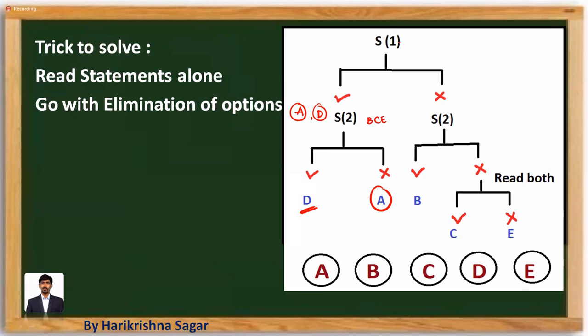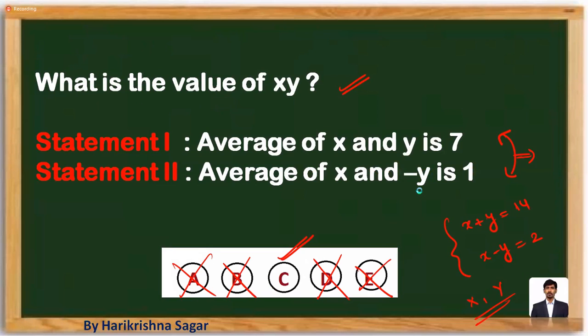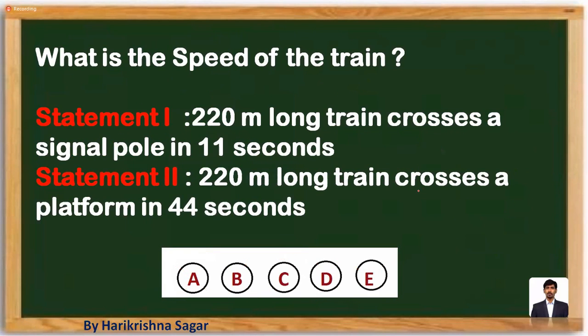If statement 1 is wrong, then you eliminate A and D as we have done previously. B, C, E will remain with you. Now look at statement 2. If statement 2 is also wrong, then eliminate B. Look at C and E by merging 1 and 2. If 1 and 2 together give the answer, mark it as C, otherwise mark it as E. And if statement 2 is correct, directly mark it as option B, and eliminate C and E from the scenario. That's your flowchart. Let's look at one more question which is available on the screen.